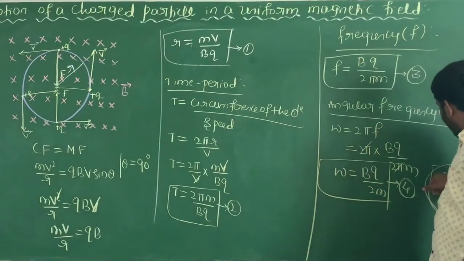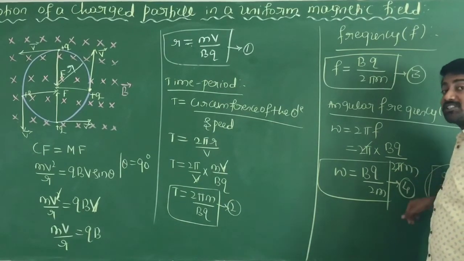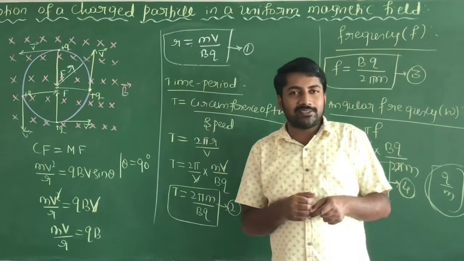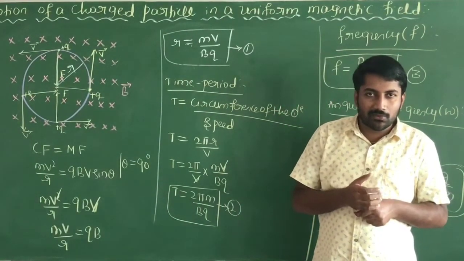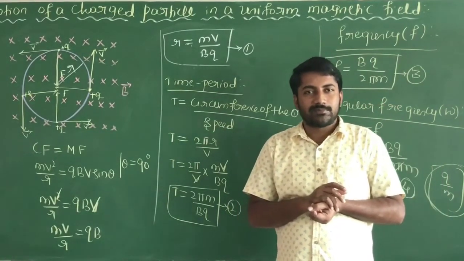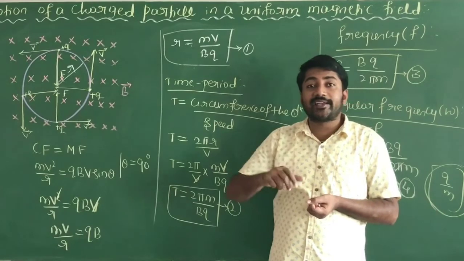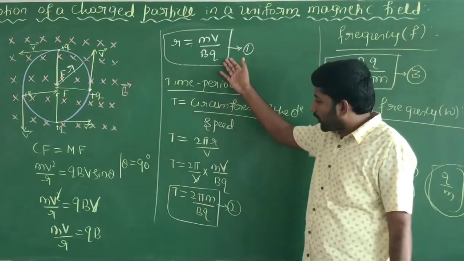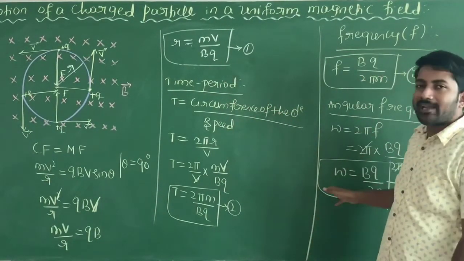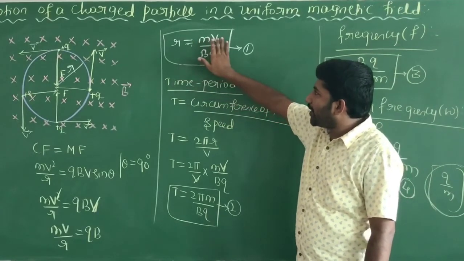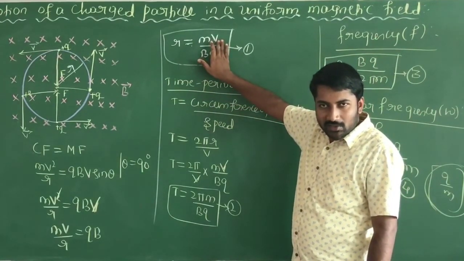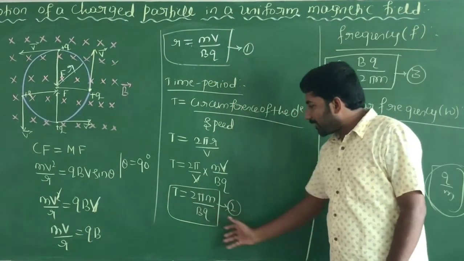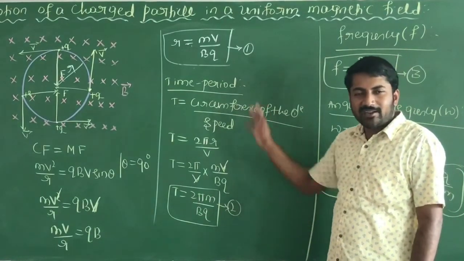The ratio of q divided by m is called specific charge. Using all these three parameters, the charged particles are accelerated using the device cyclotron. Cyclotron means the device which is used to accelerate charged particles. When we accelerate the charged particles, it depends on the parameters of radius, time period, frequency and angular frequency. Radius depends on its speed. But the time period, frequency and angular frequency, these three parameters do not depend on its speed and radius.